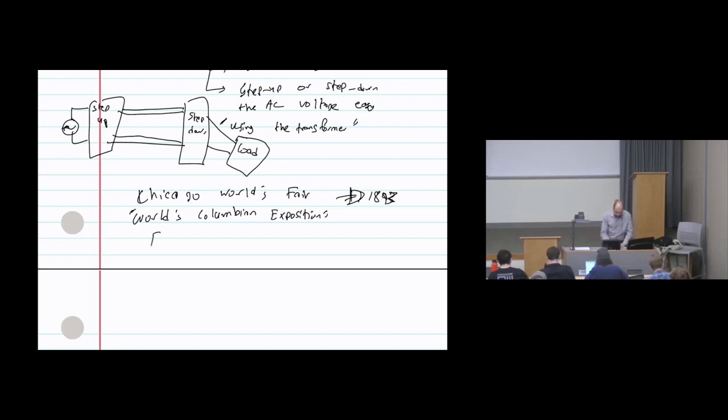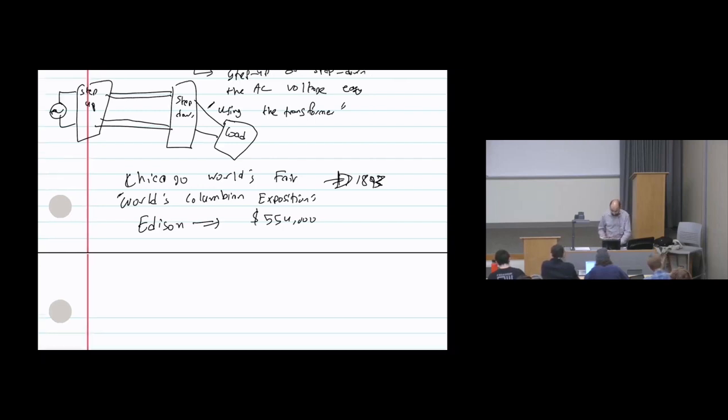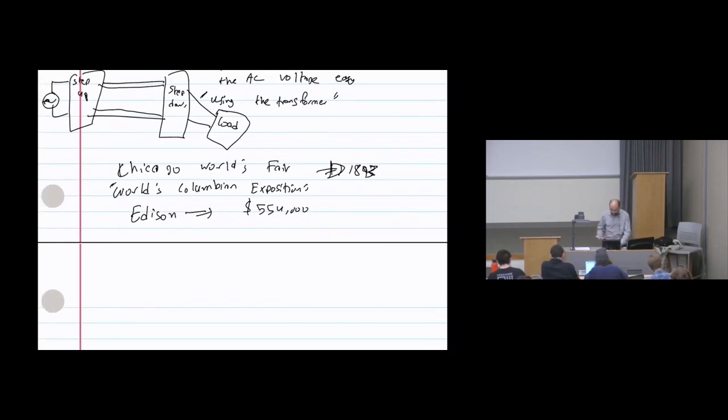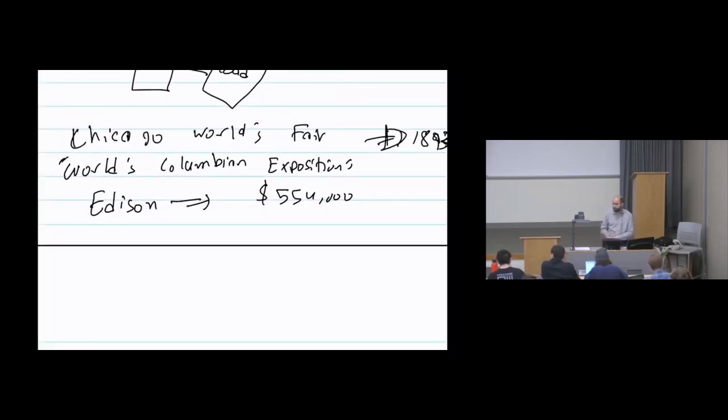So Edison said, to meet your targets, we can satisfy this for 554,000. That was in 1893, which is a lot. Then, to supply this project, this amount of area with electricity, Tesla said that we can do this